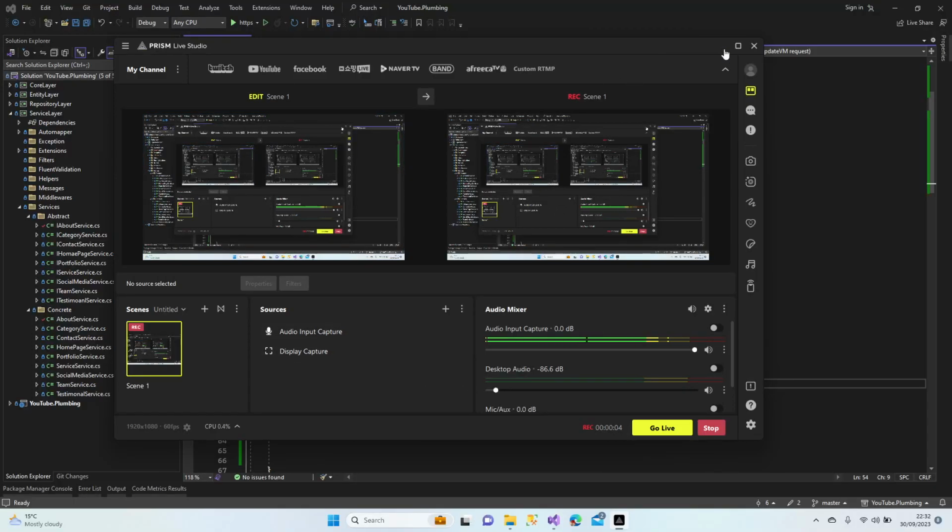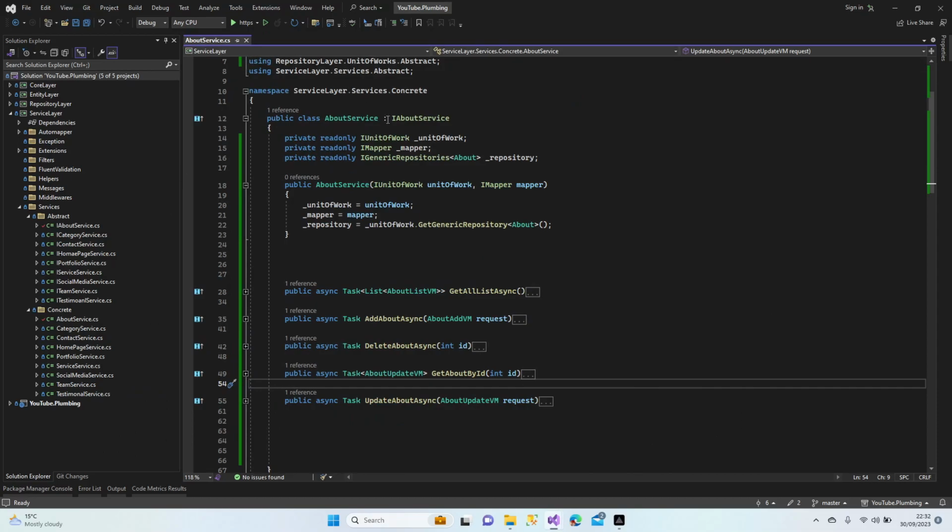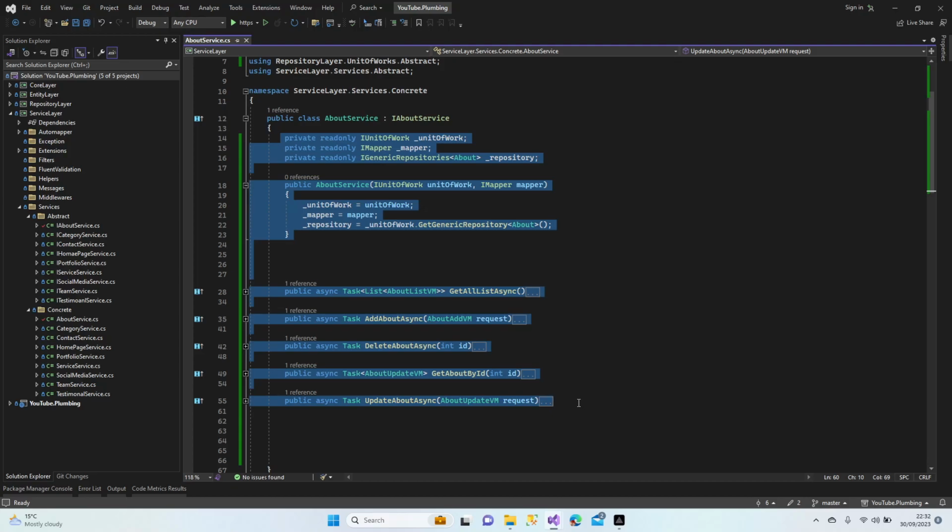Let's continue where we left. In the previous lesson we created our about service layer. Now we're going to continue with the other ones, and I'm going to copy and paste and fill them up quickly. Let's start with view,